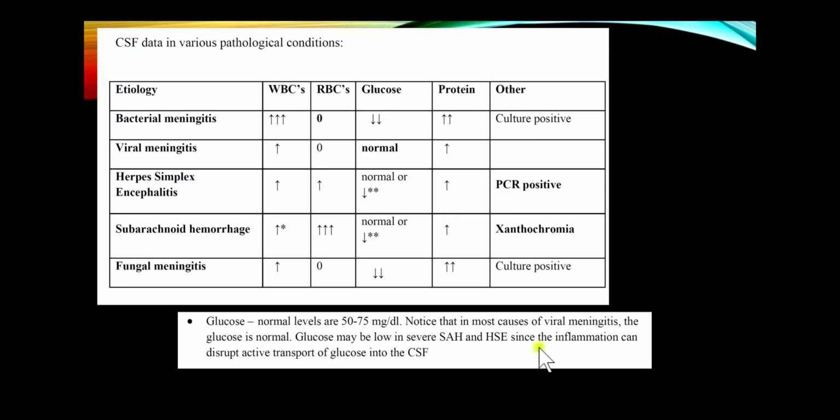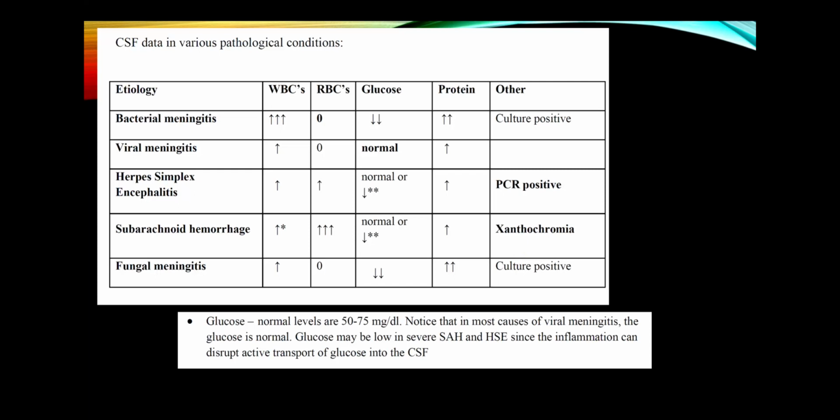Okay, and then we can do other testing. We can culture for the bacteria or the specific fungal organism. We can do what's called PCR testing if we want to check for a certain virus, like herpes simplex. And then finally, xanthochromia is something that's quite helpful because it often happens when you do a lumbar puncture,